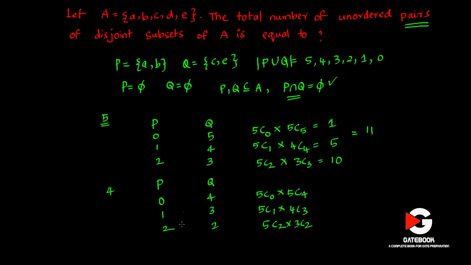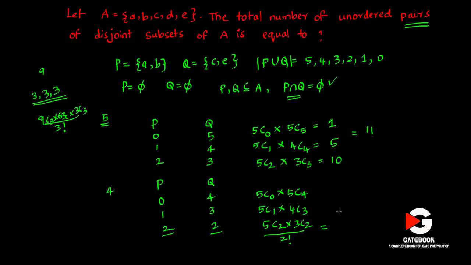Please remember, because it is unordered combinations, and the size of the groups is the same here, 2, 2, we have to divide it by 2 factorial. That I have covered in some of the problems in discrete maths, so I'm not explaining the reason. I'm directly writing the formula. Only this thing you have to remember. For example, if you have 3, 3, 3 in some other problem, and you want unordered groups of 3, 3, 3, then how many ways can you do it if the total elements are 9? 9C3 into 6C3 into 3C3 by 3 factorial.